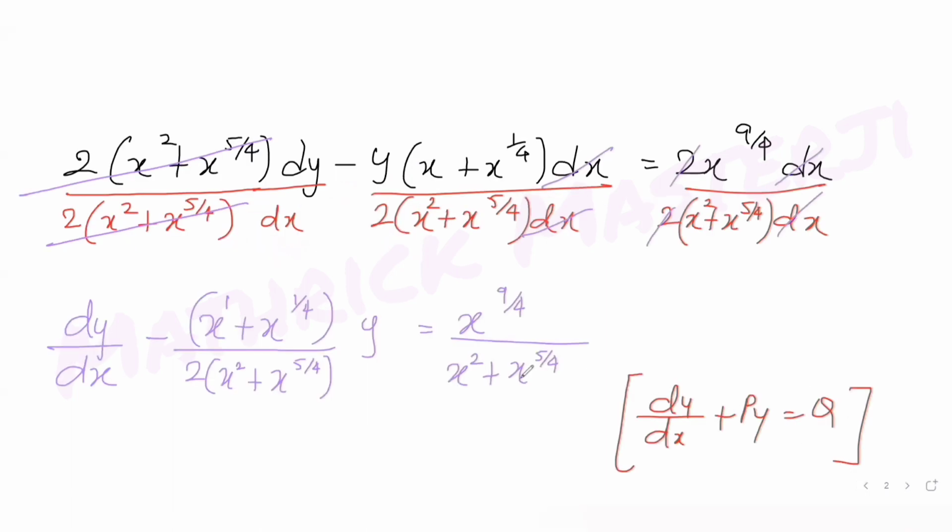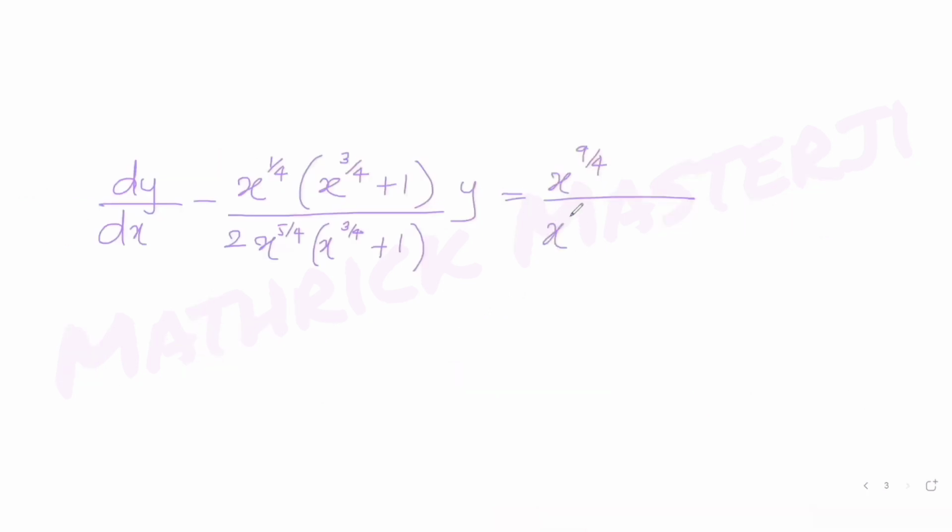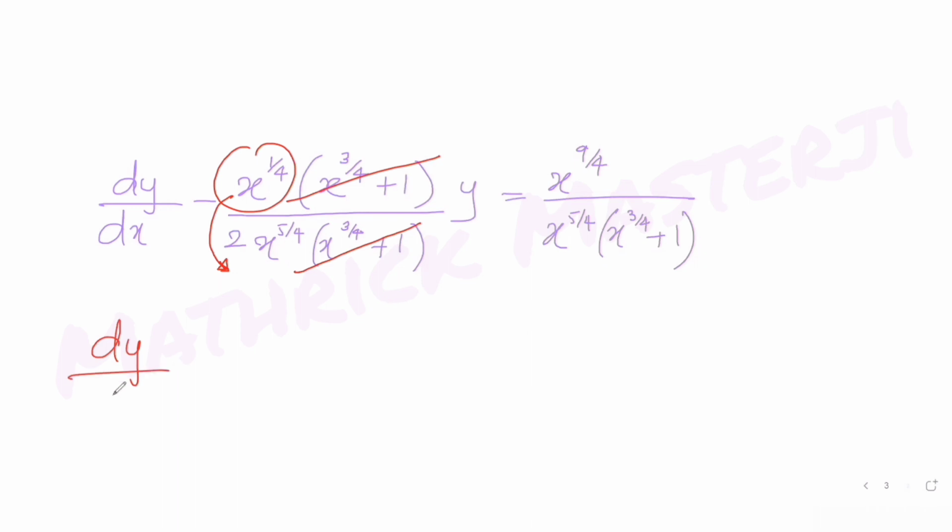And here also, if I try to take out common again, x raised to 5 by 4 is common. So you are still left with x raised to 3 by 4 plus 1. So what I can see here is that I can actually cancel this entire thing. And when I cancel this entire thing and bring this x raised to 1 by 4 into the denominator, it becomes x raised to minus 1 by 4. So you get the expression as dy by dx minus y upon 2 x raised to 5 over 4 and